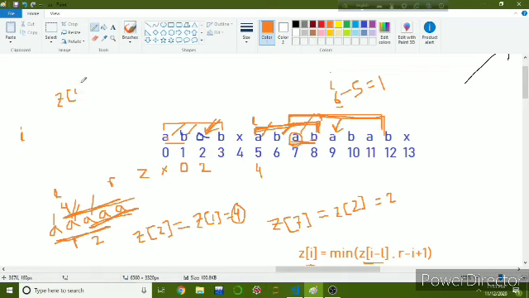The last character will be at index I plus zi minus 1. So this will be the substring starting at I up to I plus zi minus 1. The length of this substring will be z of I, and this substring will also be a prefix of the string.